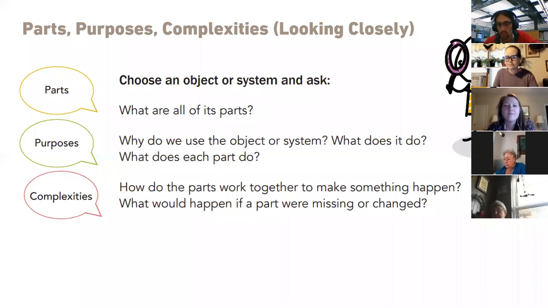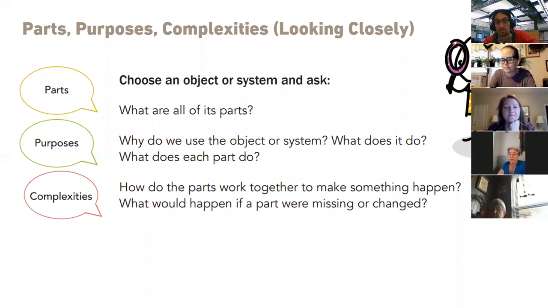And then the final one we're going to do for this thinking activity is complexities. Complexities is thinking about the big picture. And so maybe that's how the different purposes interact with each other. Why is the camera up at the top of the screen rather than somewhere else? These are your why questions.